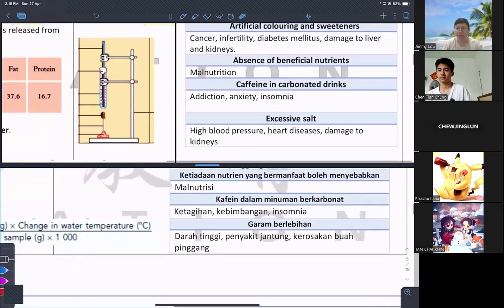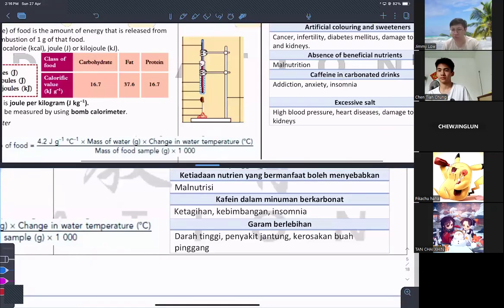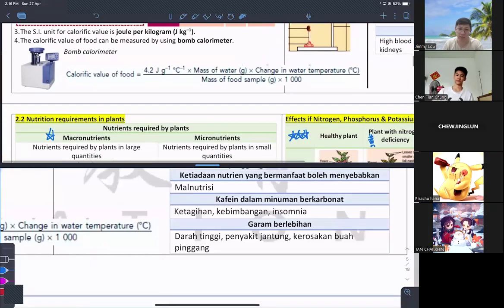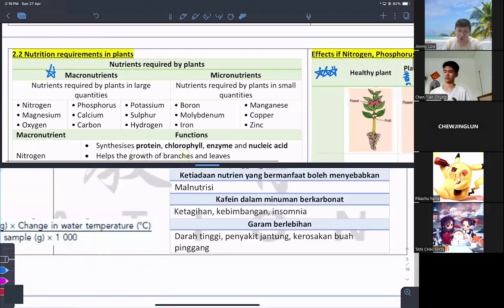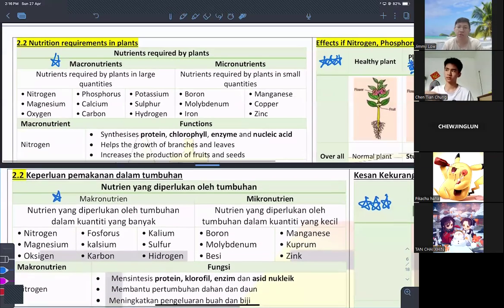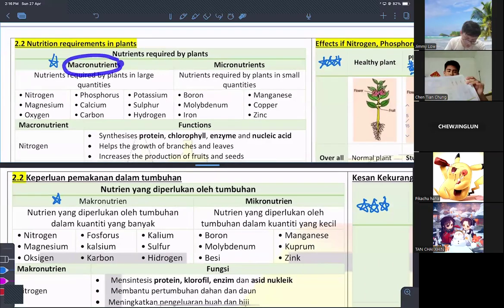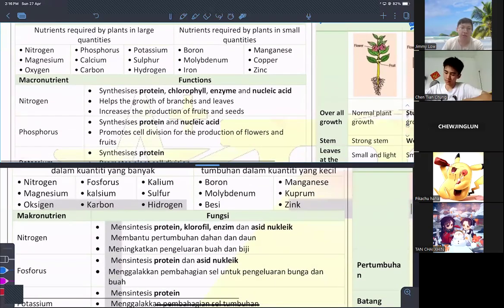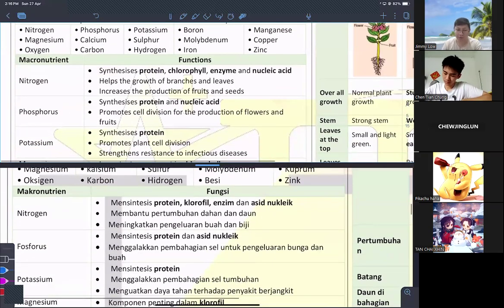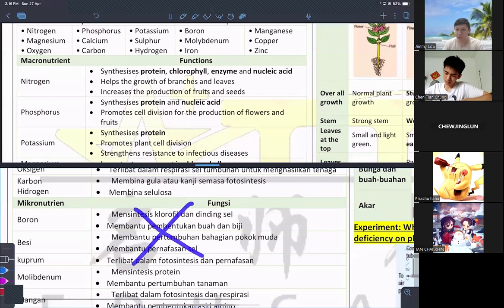So I just read through, because it's common sense. You have been to mamak, you know how unhealthy mamak is. No need to memorize anything here. Just read through and know the concept. As for the nutrients required by plants, you save some effort. You only have to know what macronutrients and micronutrients are. The rest, the examples of macro and micronutrients and their respective functions, no need. You save your own effort. We don't spend time here.